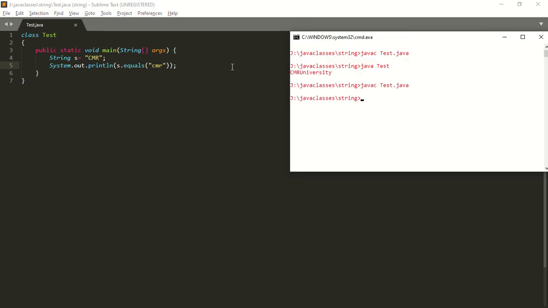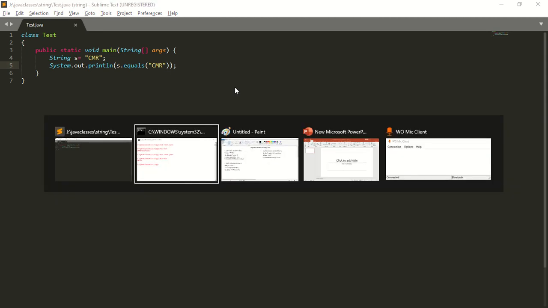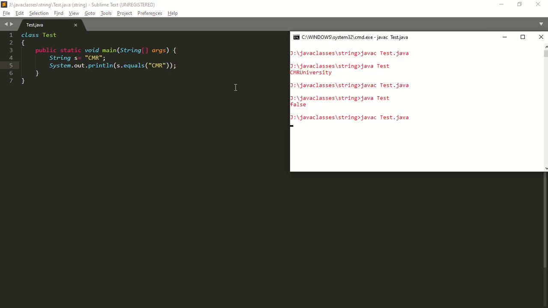Compile, run the program. The output is false. You know that by default, the equals method considers even the case. Now if I take uppercase CMR, what will happen? Now the output will be true in this case. Compile, run the code. Now the output is true.